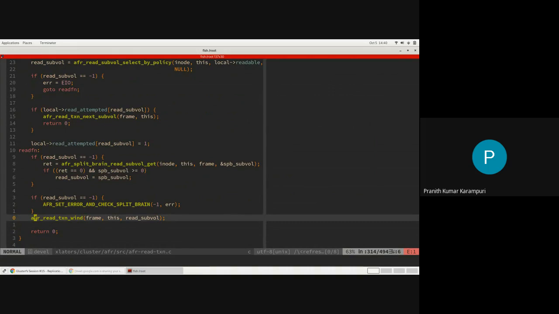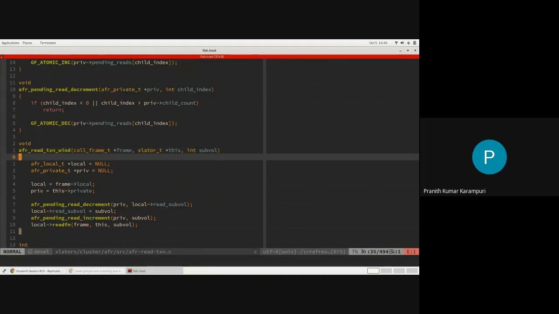In this case it is going to start doing the winding of that actual fop. This local readfn is actually set at the time of you calling into the AFR read transaction.